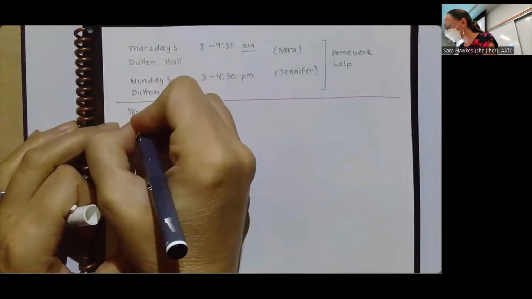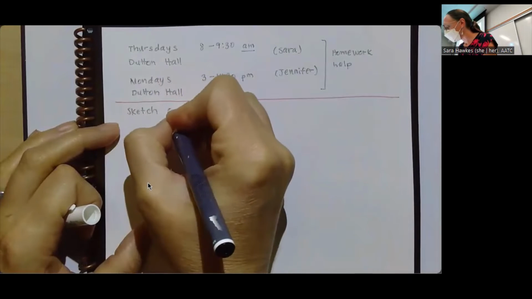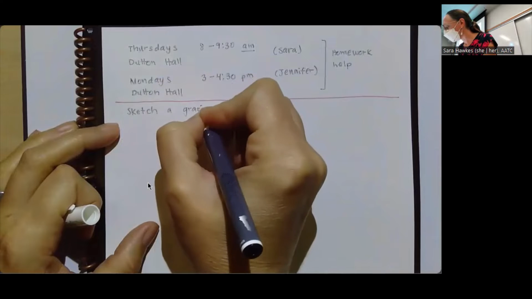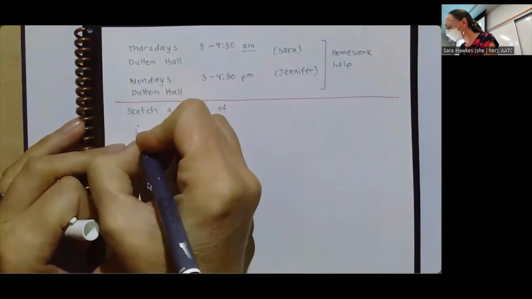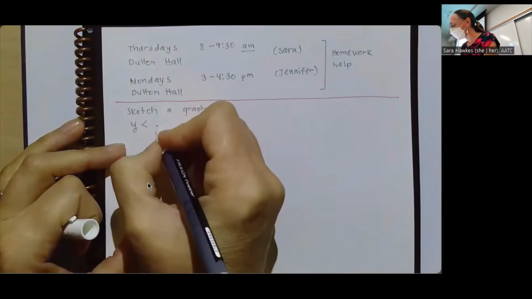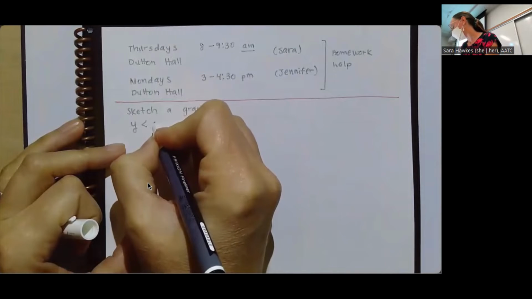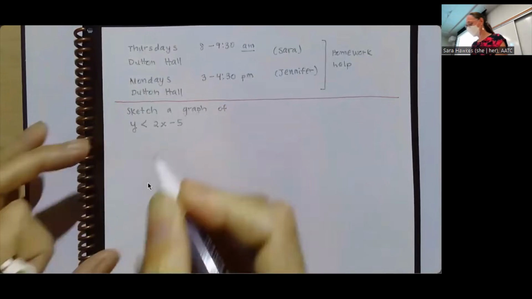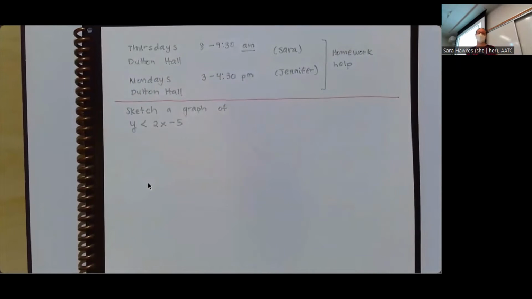We're going to sketch a graph of y is less than 2x minus 5. When we're graphing inequalities, I'm going to start the same way that I would as if that had an equal sign there